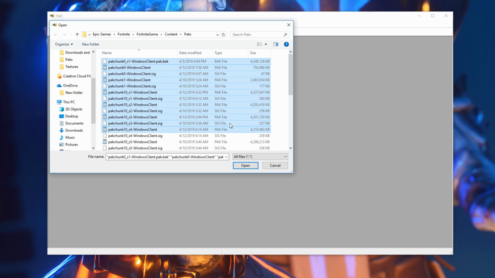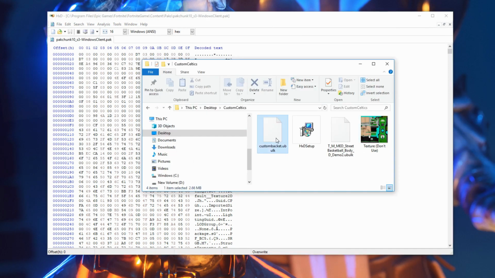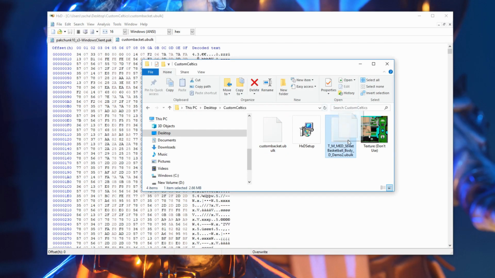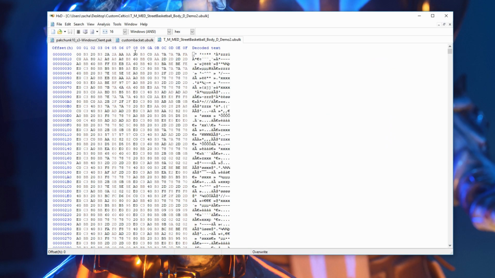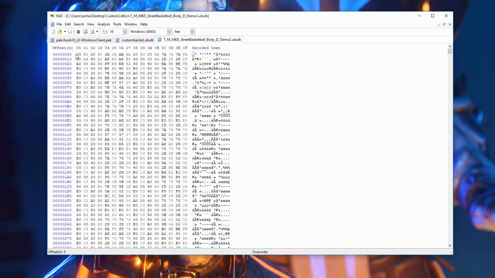Once you're on this folder, you are going to look for this file called packchunk10_s3-Windows client. You are going to select that and click open. Once you open that, go back to your folder and drag both U-bulk files. You're going to drag the custom basket file, and you are going to drag the longer name file. The first thing you're going to do is go to the one that has the longer name